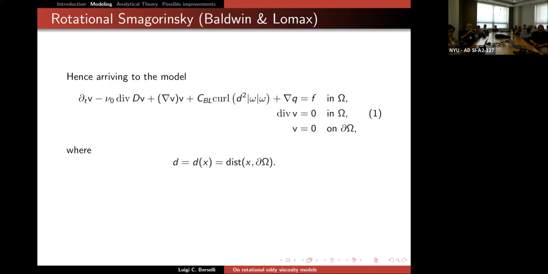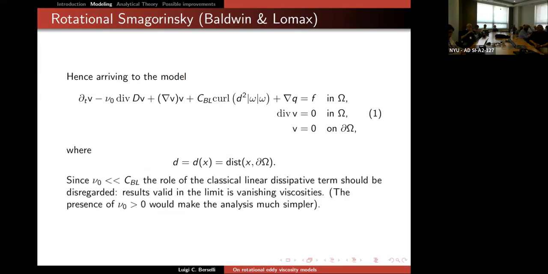And so the system that Baldwin and Lomax considered is the following. You have the standard Navier-Stokes equation, then you have this extra term with d, which is the distance from the boundary. Generally, remember that this number, if it is written in a non-dimensional form, is very small, so this can be disregarded. And also the mathematical properties are clearly much more complicated if you have mu zero, which is vanishing,